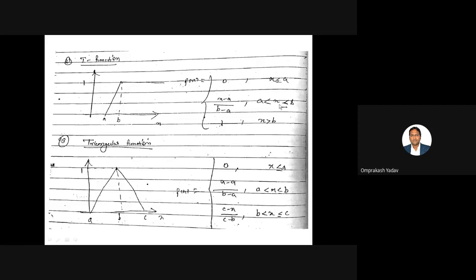And between where? When the x value is between a and b, right? One thing you remember: here I have taken less than or equal to a, so you take here greater than a. Similarly, here I have included x less than or equal to b, so for the second point, we just take x greater than b. So if x is greater than b, it will be constant only. So forever it will be 1. That's why the value is 1.